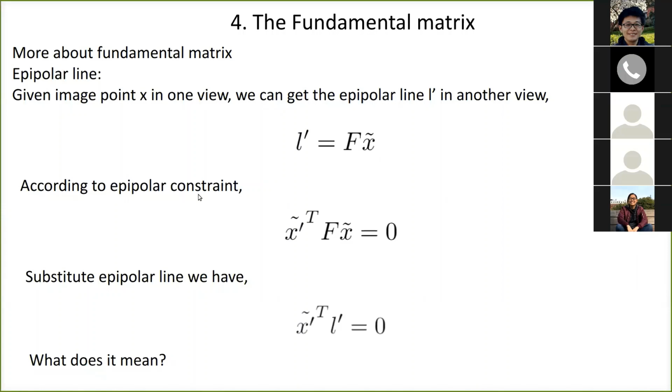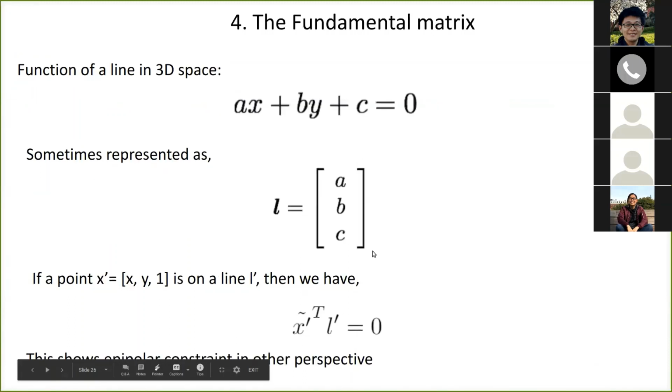According to the epipolar constraint, we have X prime transpose multiply F multiply X equals 0, and substituting L prime, we have this relationship. So this actually gives us a hint that this point X prime is located inside this L prime,